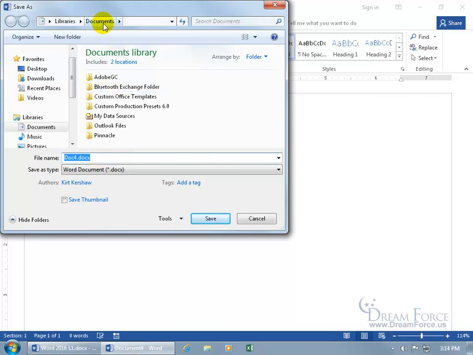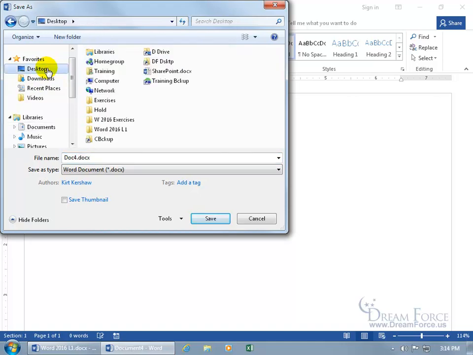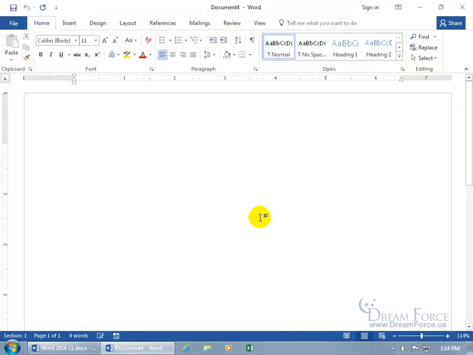Now, by default, it wants to save it in the Documents folder every time I save it. Well, for the most part, I want to save it on my desktop. And then from time to time, I'll navigate over here and choose maybe my Videos folder or Downloads or whatever. But for the most part, I want to save it on my desktop, and I don't want to have to come over here and click on the desktop in the navigation pane every time I want to save it to the desktop. So, let's go ahead and click Cancel and set the options for saving it to the desktop